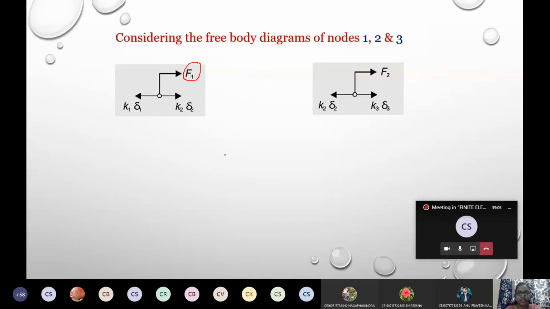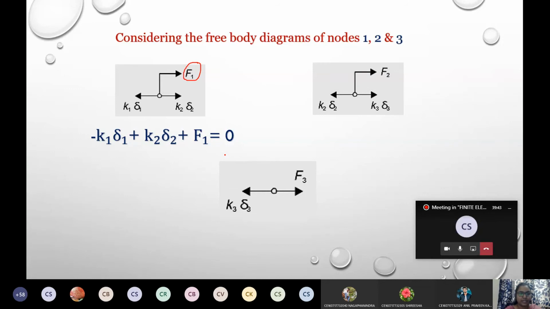All right. And this is the free body diagram of node 2. Same as node 1 only, but node 2 is associated with spring 2 and spring 3. All right. And finally, node 3. Node 3 has only one spring attached, and on the other side it has a load applied. All right. So I'll give you the equation for node 1. You have to form the equations for node 2 and node 3, and we'll cross check whether the concept is right from your side and mine.